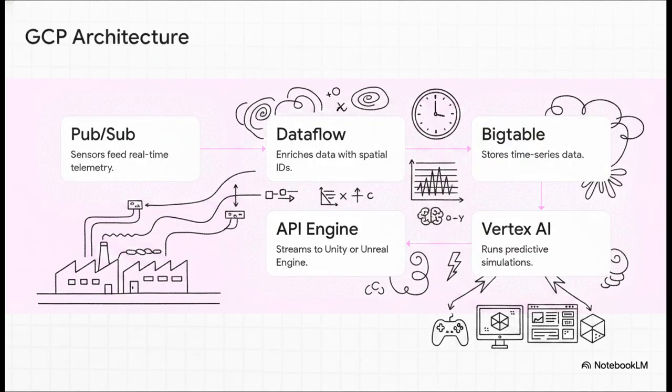Building this out practically requires a seriously robust, serverless Google Cloud architecture. And the data journey here is just amazing to trace. It kicks off right on the factory floor, with physical sensors streaming live data directly into Cloud Pub/Sub. From there, Dataflow steps in to enrich that stream with spatial IDs, basically giving the data its exact physical coordinates. Next up, Bigtable handles all that high-frequency time series data. Then Vertex AI takes over to run predictive simulations. Finally, an API layer renders all these dynamic updates straight into high-fidelity 3D gaming engines, like Unity or Unreal, or even a WebGL dashboard. It's a completely unbroken, high-speed chain from a physical sensor straight into a fully rendered 3D